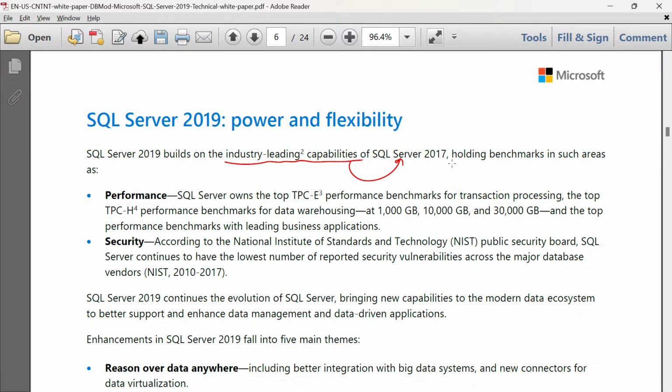It holds various benchmarks in areas like performance and security, as we have already discussed. So we have performance benchmarks for the transaction processing systems. Now the top TPC performance benchmark for data warehousing at 1000 GB, 10,000 GB and 30,000 GB.